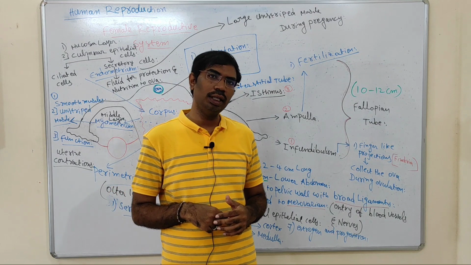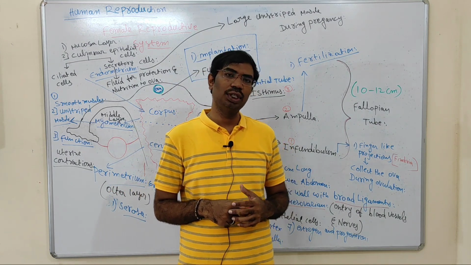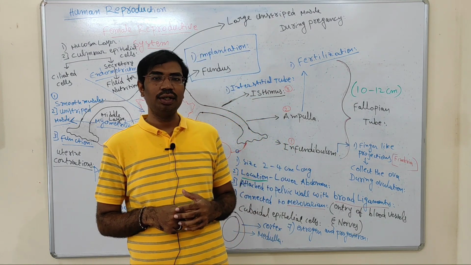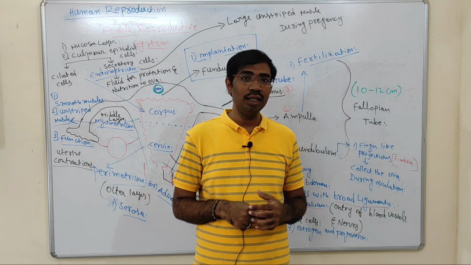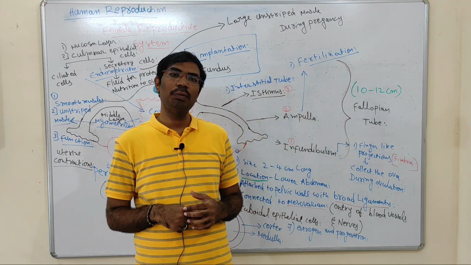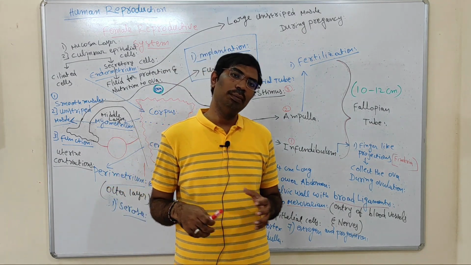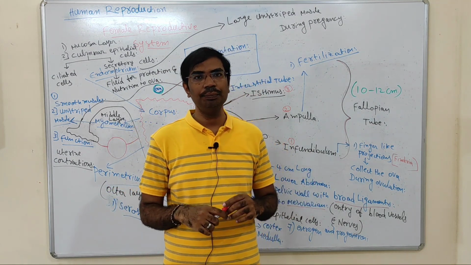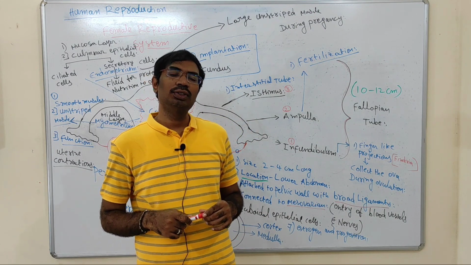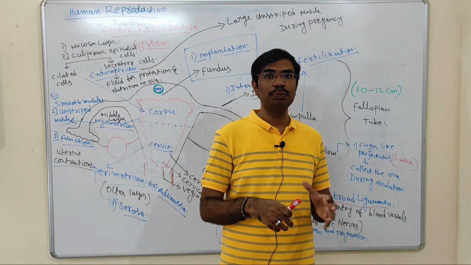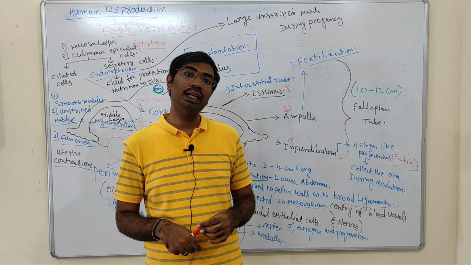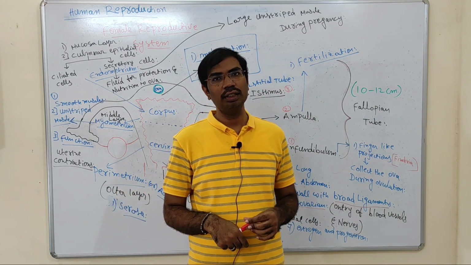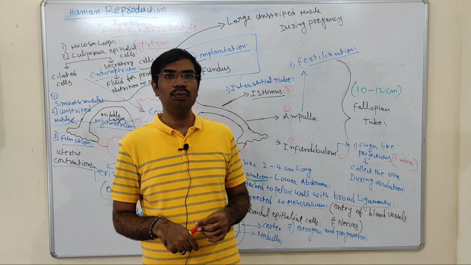The ovary is located in the lower abdominal region. So how is the ovary connected to the body? The ovary is connected to the uterus and the pelvic body wall with the help of the broad ligaments, and the mesovarium is also present. The mesovarium is important for the entry of the blood vessels and nerves into the ovary.